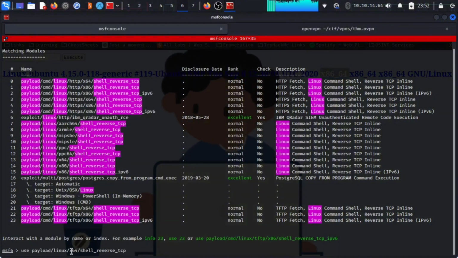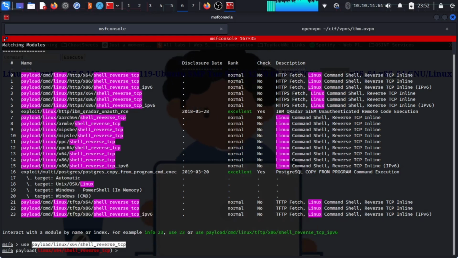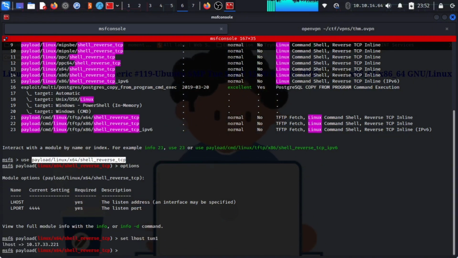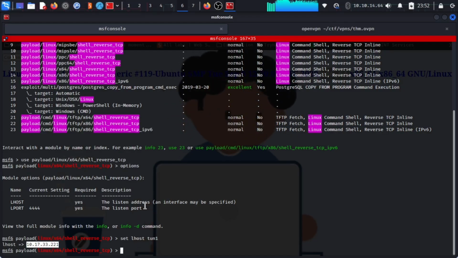So we will go for this payload and use it. In options, we want to set LHOST to tun0, that is this TryHackMe IP address, and set LPORT to what it is. We don't want to change it for now, and we want to generate. The format will be elf, that is the Linux executable, and the output file will be